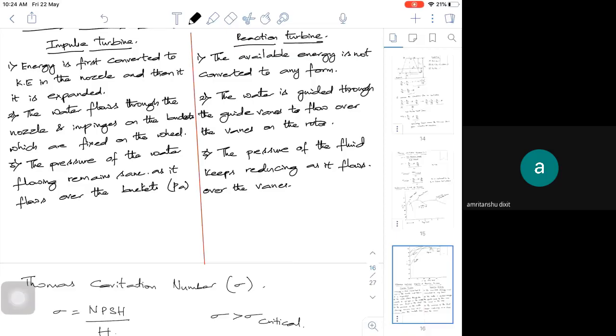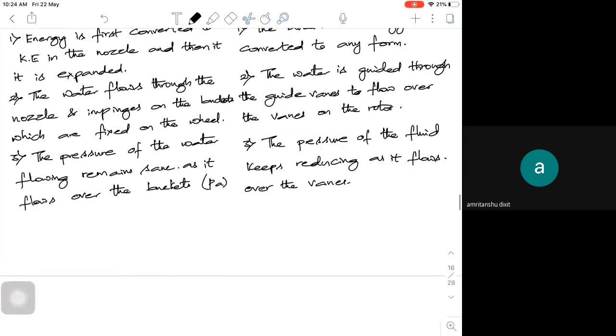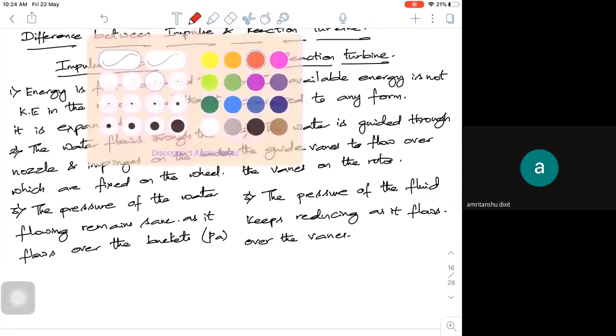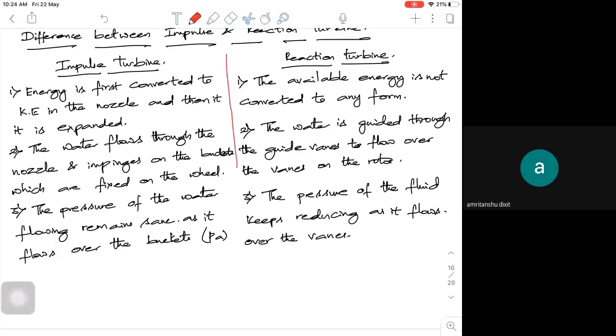This pressure will be above atmospheric, and this pressure at the exit, maybe at the exit, it may be near atmosphere. That is the last stage of the turbine. This may be atmospheric in case of a reaction turbine, but in between this pressure will be above atmosphere. But in case of an impulse machine, it almost remains atmospheric throughout.